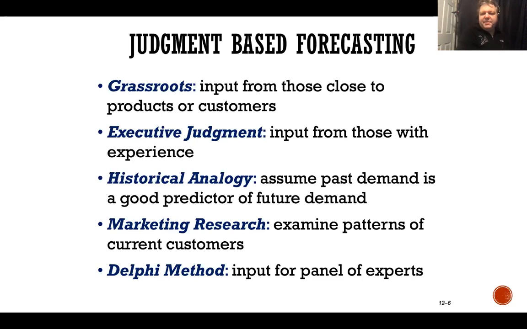You assume the past demand is a good predictor of future demand. For example, back to our Halloween candy, right? If we have past demand from 2019, we assume that 2019's candy demand is probably similar to 2020's candy demand. Now, we may be wrong, again, because of coronavirus. This is a big national pandemic. Nobody expected it last December 2019. We knew that it was coming, but nobody knew it was going to affect us as much as it did. We expected it to be here for a couple months and then go away.